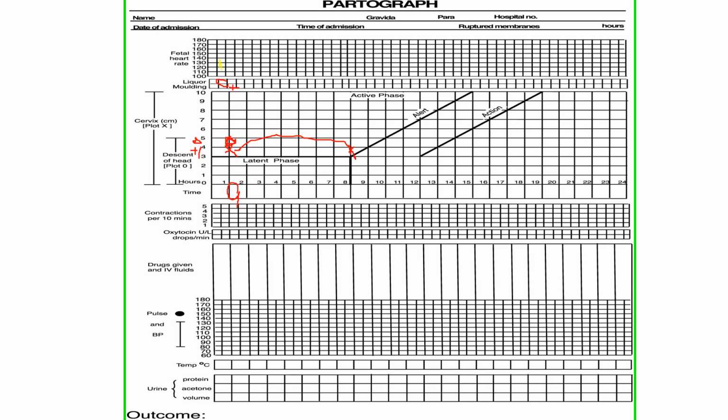It was difficult for me to plot with dotted line, so I have shown like this. Again, whenever you are checking the dilatation and descent, you can mark like this. And these marks you should mark together, these graphs. For example, again at 11 o'clock I have checked and I got again 0 as the station, means you have to mark here, and these two graphs 0 and this you have to mark together. So this is the way.